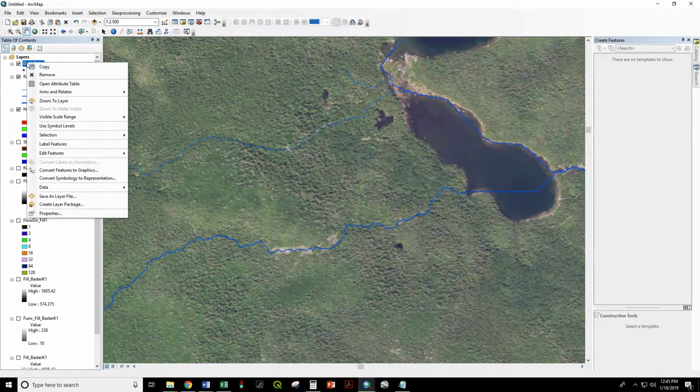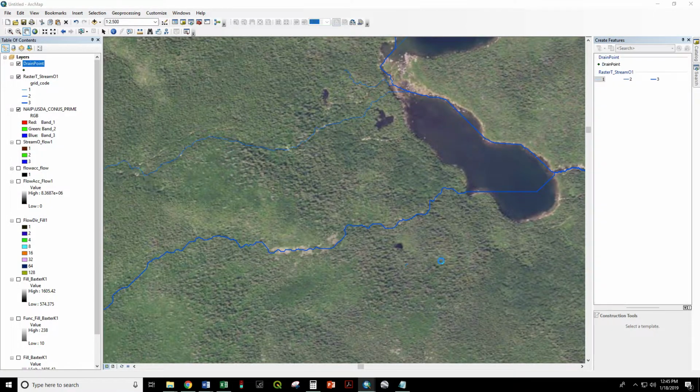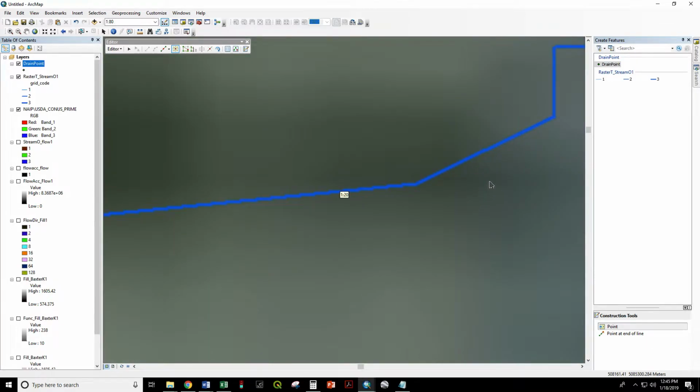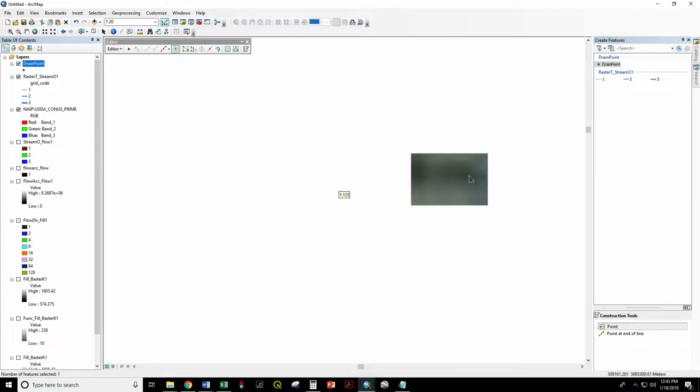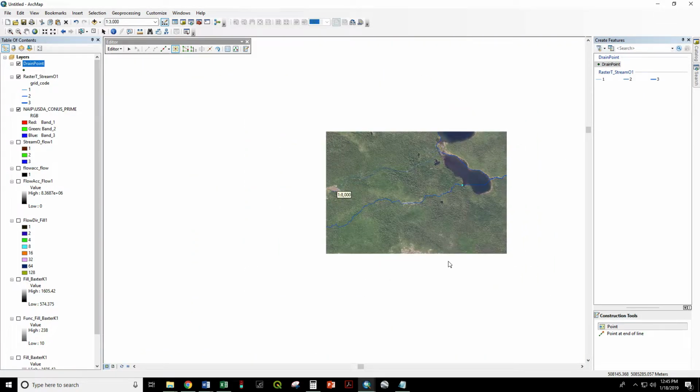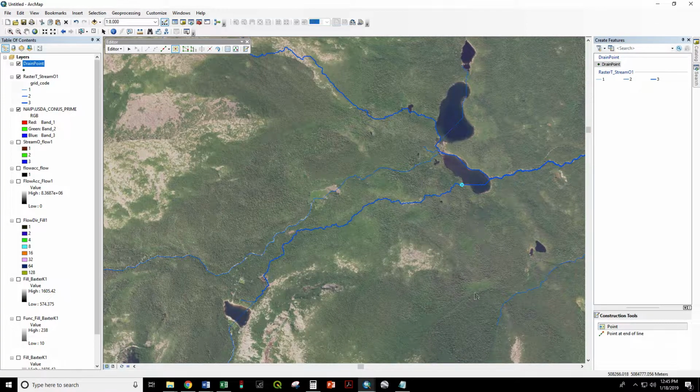And now with that created, right click, edit features, start editing. Select drain point. We want to create a point. We're going to zoom in as far as we can to make sure we're pretty accurate, and we're going to drop a point right near where this stream enters the lake. So now what this program is going to do is search for all those areas that drain to this individual point. So we're going to stop editing,